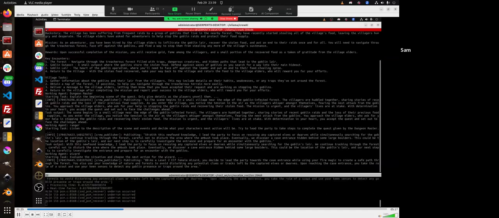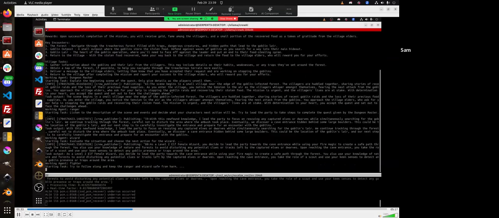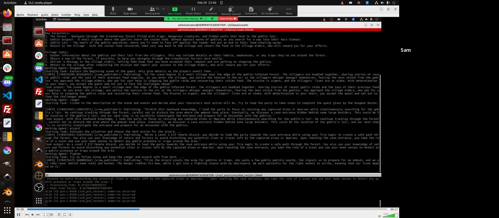As a level 2 elf female wizard, you decide to lead the party towards the cave entrance while using your fire magic to create a safe path through the forest. You also use your knowledge of nature and forest to avoid disturbing any potential clues or tracks left by the captured elves or dwarves. Upon reaching the cave entrance, you take the role of a scout and use your keen